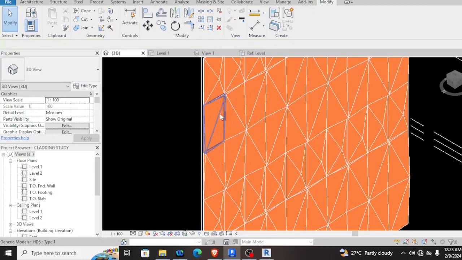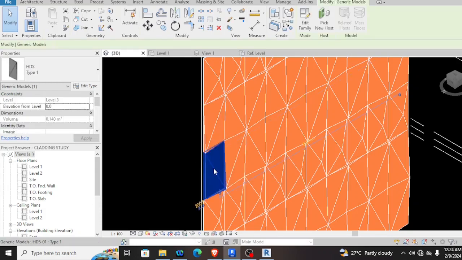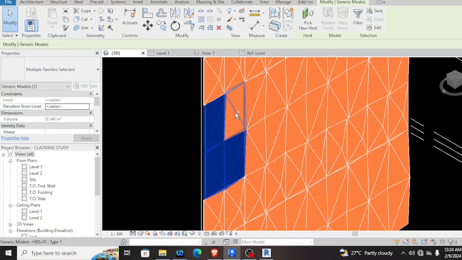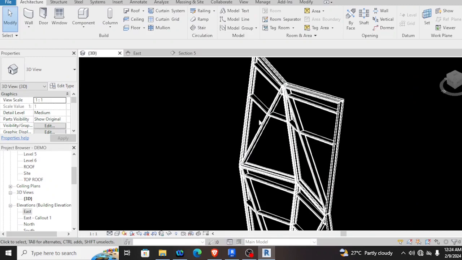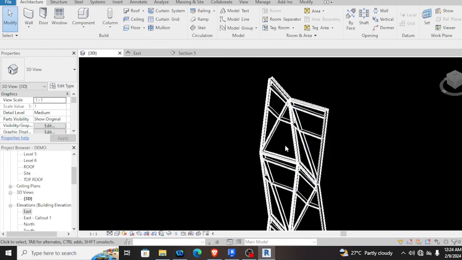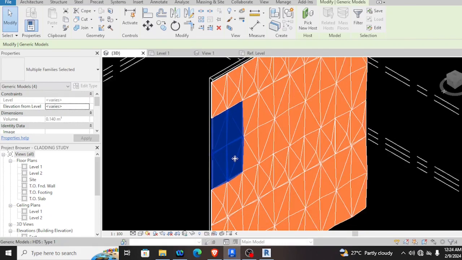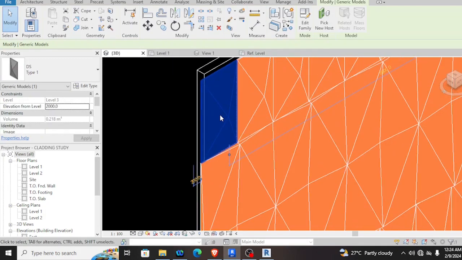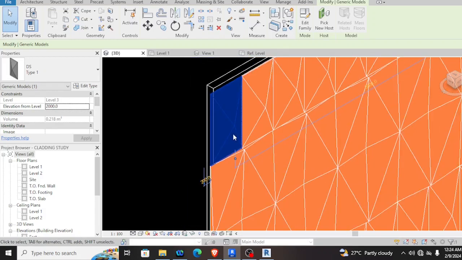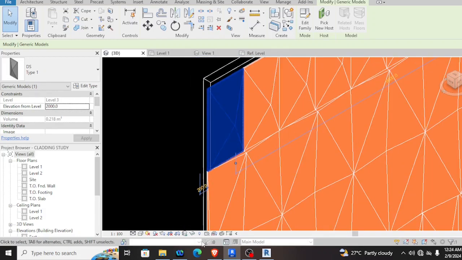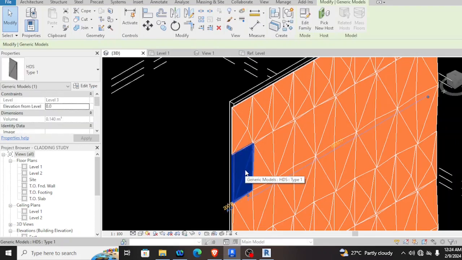As you can see, it's a diamond shape. Four pieces to make a diamond shape. Four panels to make the diamond shape. When you see here, one, two, three, four, it's almost the same. Four pieces, four panels, and it's diamond shape. Also here we have another, the one that you saw earlier.